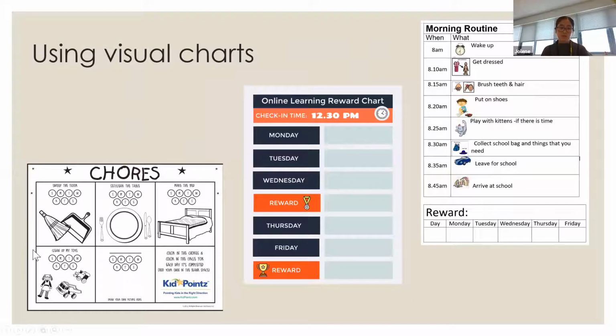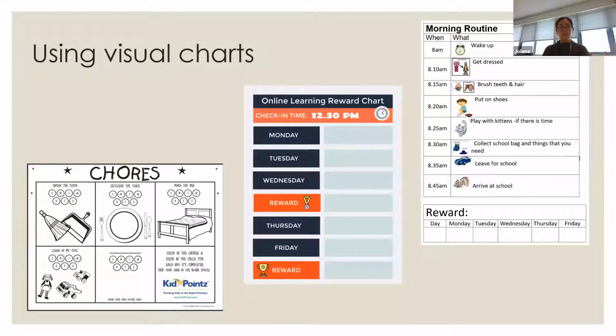So visual charts. The main thing across the ages is for parents to maintain consistency in terms of routines and boundaries and guidance for your children. At the same time, repeating yourself over and over again can be very frustrating. You know, we wake up at this time, we're going to have breakfast next, and we're going to do this, every day going through that can be quite frustrating. So having visual charts is a good way of providing a cue for them. And it can be a way of involving them in the decision-making process and learning about responsibilities.